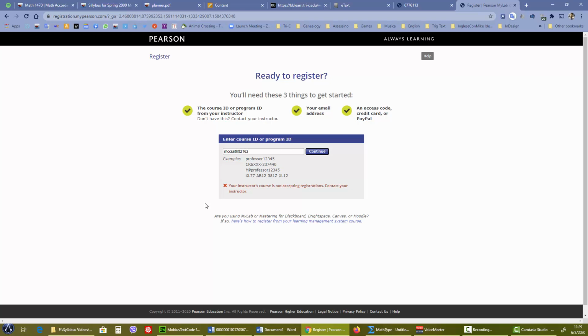So you'll click on that. You should see, I think, my name and the course name and all that stuff. I think you'll click on continue or OK or whatever. And then after that, it'll ask you to log in or create an account. You'll either log in if you already have an account from another course, or you'll create an account. Make sure you save your login information like anything else. It's very important. And then after that, it'll ask you to either put in the Mymathlab code that you purchased from the bookstore, or to purchase a Mymathlab code directly from the website, which is cheaper, by the way.